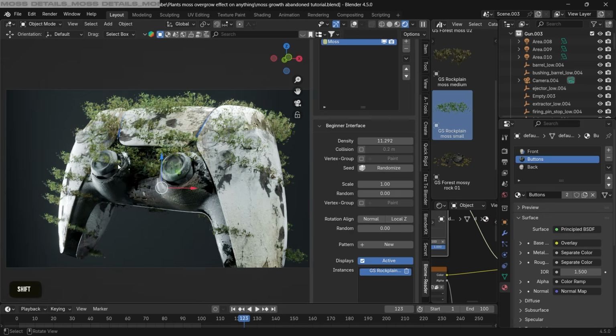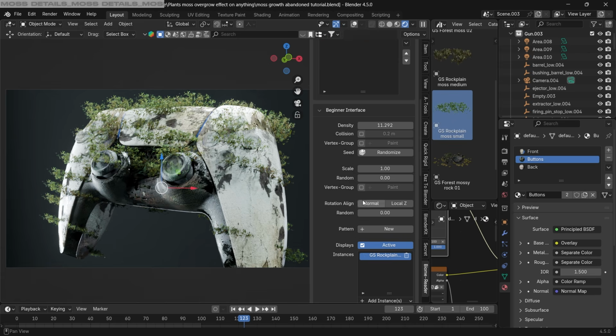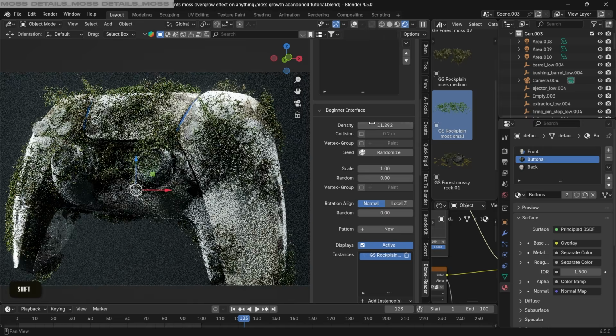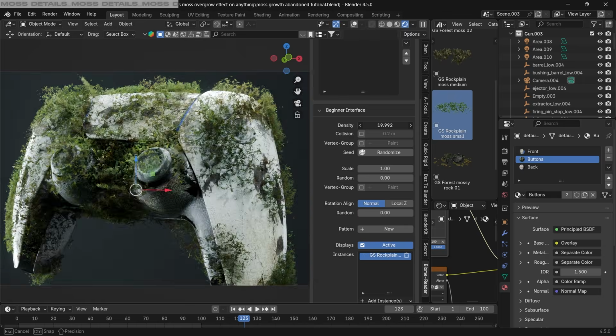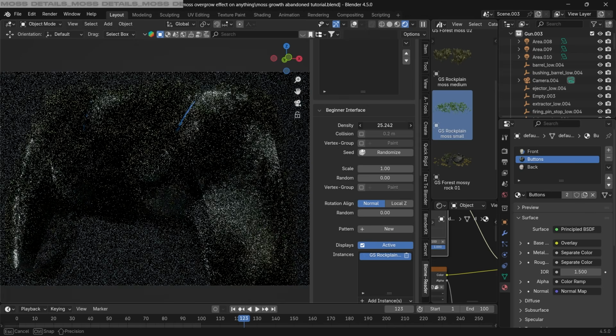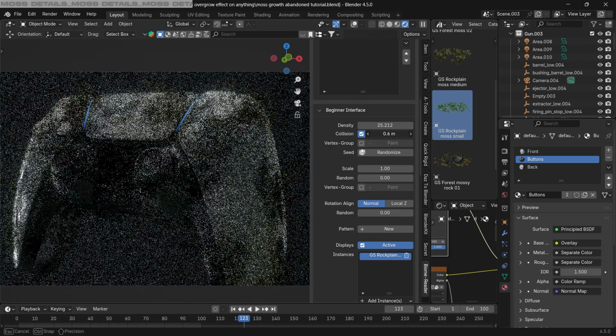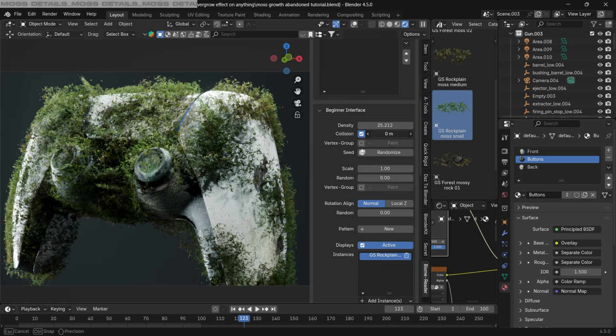I'm gonna press this normal button to reset its rotation so it looks a bit better aligned. Now we can go through each button one by one. So the density, as you guess, is increasing the density of all the moss here. The collision will help us in reducing the amount of objects that are really close to each other, so you